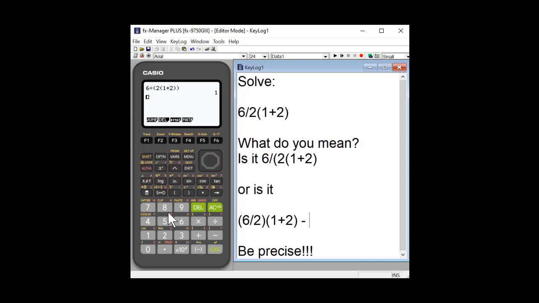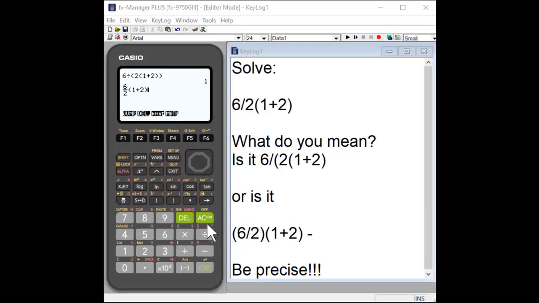If you didn't want that, you can do your template and then your parentheses, or if you did want that. So if you have a calculator that has standard notation, as this one does, I would suggest using that so that this ambiguity does not exist. But if you're writing problems like this for your students, you need to be very clear in what it is that you are grouping together. That's important. Precision matters in mathematics.